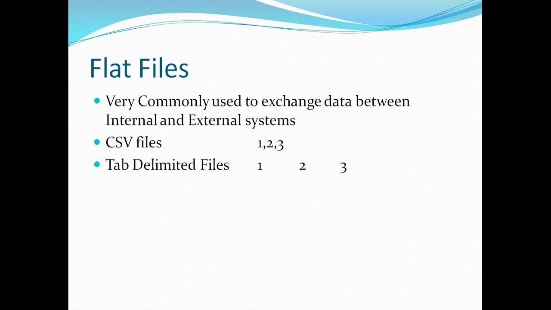This is actually the most common file used across industry, and that is pipe delimited. Guys, in the majority of the projects that I have worked on, I have seen that everybody uses pipe delimited files. So again I have my 3 columns 1, 2, 3 separated by pipe.